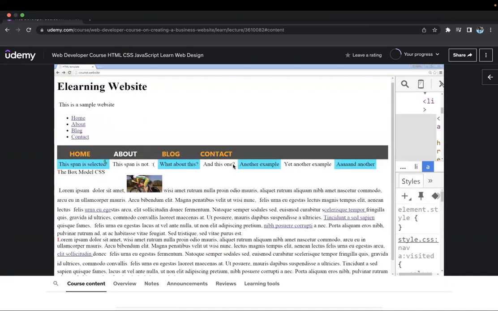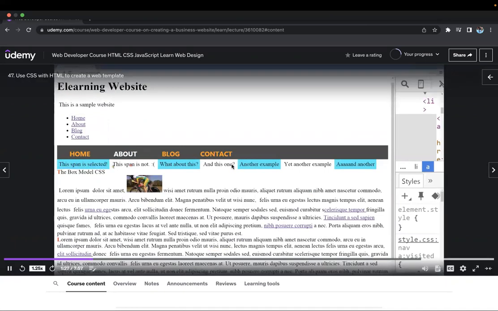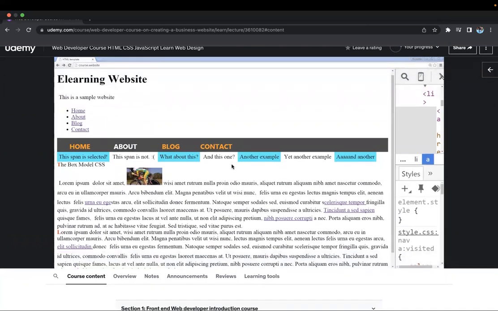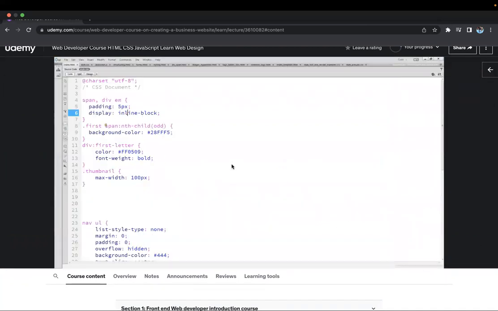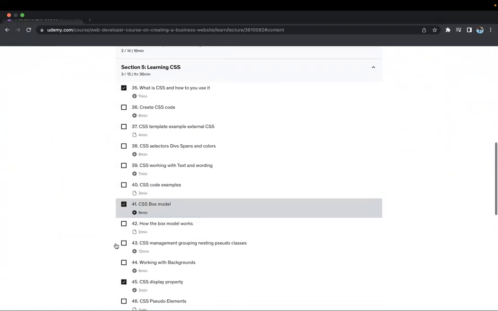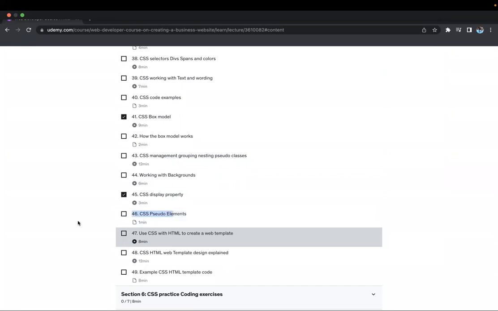With the pseudo styling, you also have options to do stuff like this, where you can pick up the child and you can do the odd ones, you can do the even ones, and the code simply looks like this. So we're identifying that selector and picking up that additional nested element. Actually, real quick, let me open this up real quick,